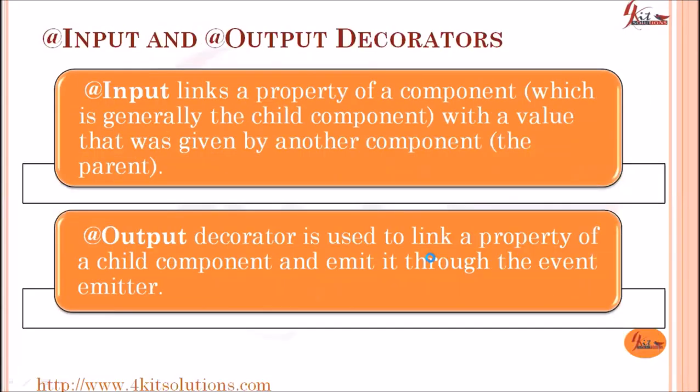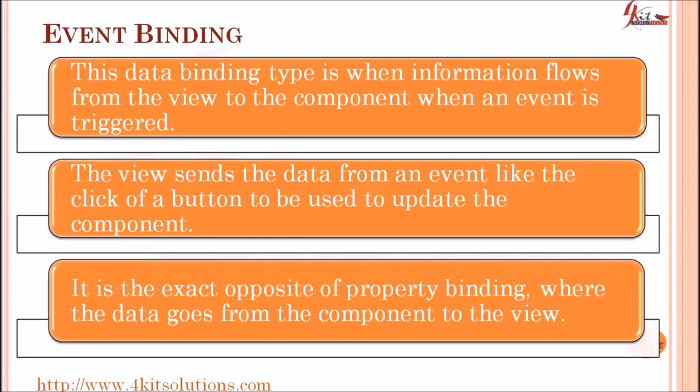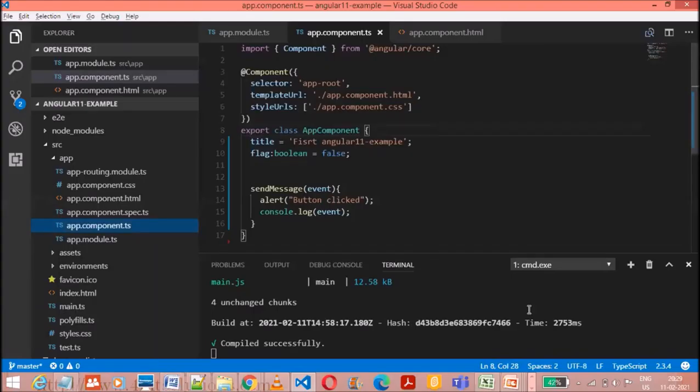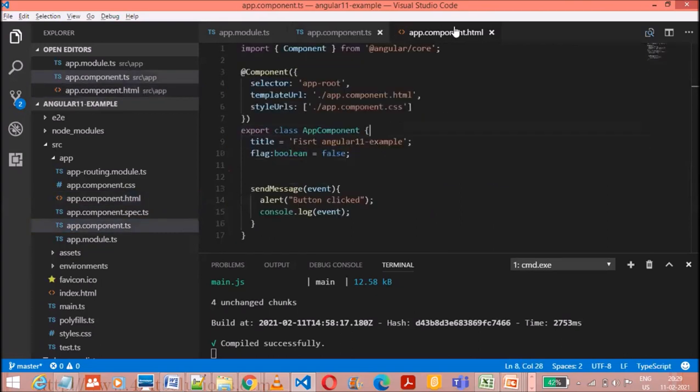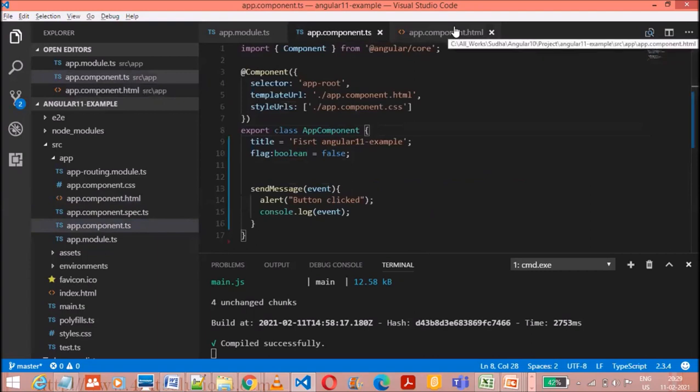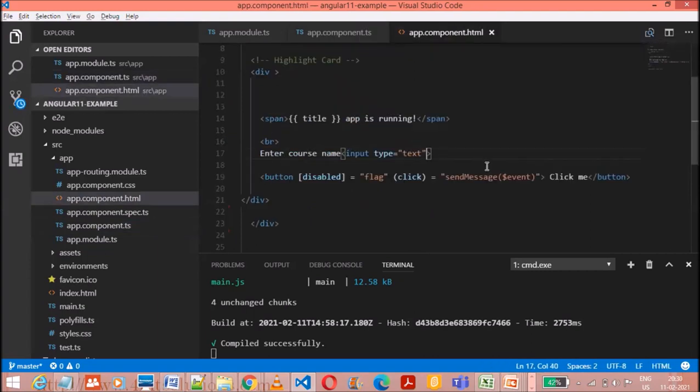Yes. One is our two-way data binding. So how do we do this two-way data binding? We do it through ng model. Suppose I have this input type. I want whatever value I am writing to be sent from my input box to my TypeScript code. And whatever changes I'm making in my TypeScript should be displayed over here.